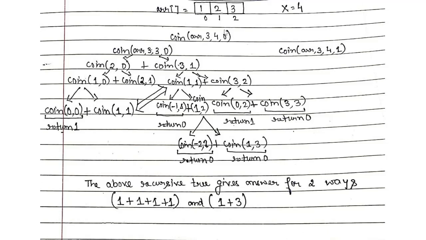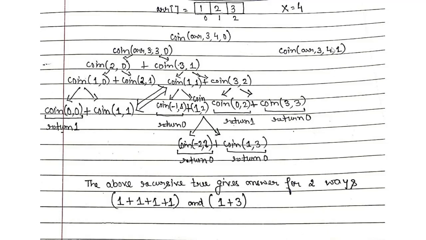So what is the denomination present at index 0? It's 1. So if I make use of this 1 for making the change of this amount, how much amount will I be left with then? I would be left with only 3, because I would be subtracting 1 from this one, but I wouldn't be increasing my index over here. That's the catch.